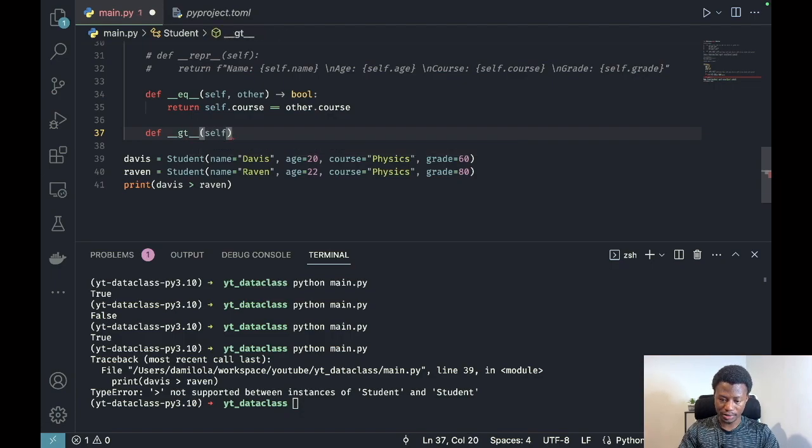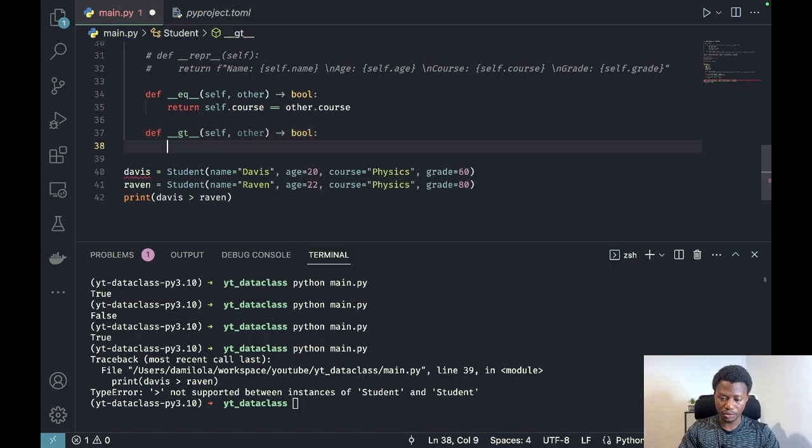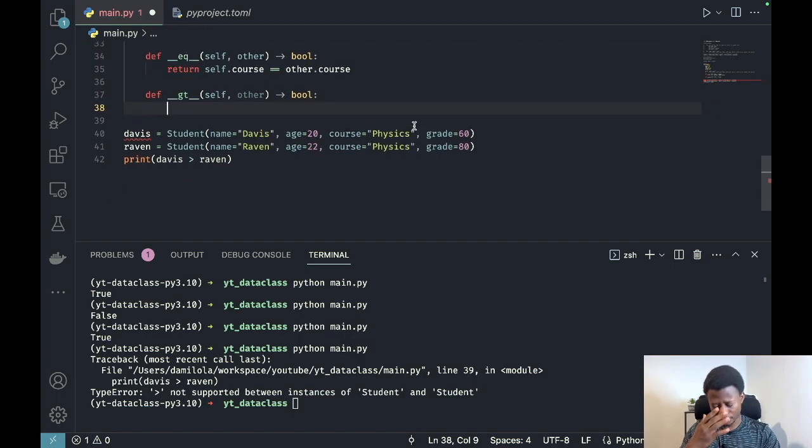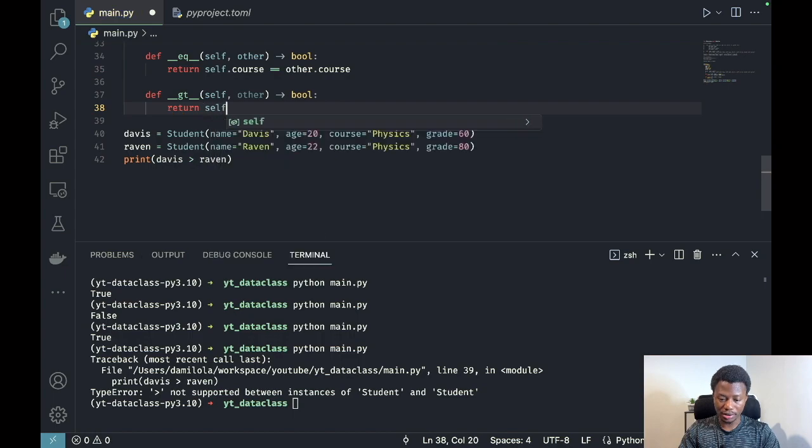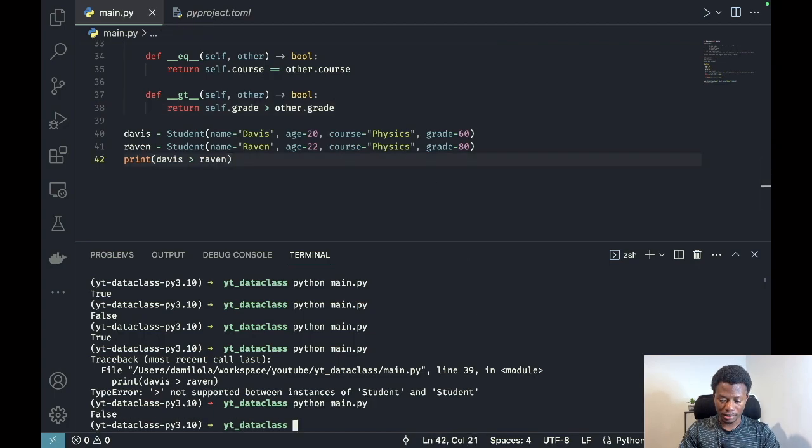And you can do the same, self and other, and then we return boolean, true or false, is it greater or not. So what are we comparing now? As you can imagine, in this case we want to compare the grade. All right, is it greater than other dot grade? All right, and if we run our code again now,